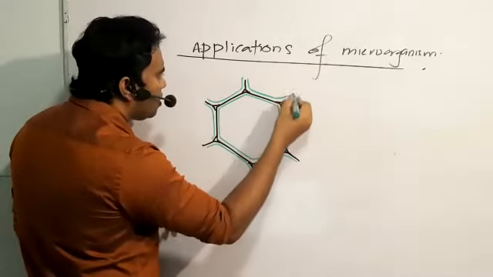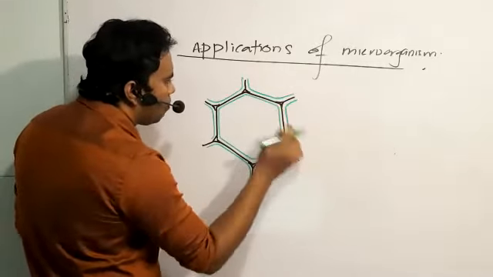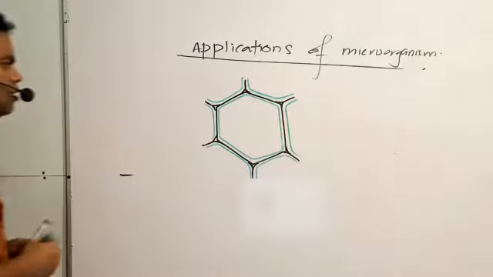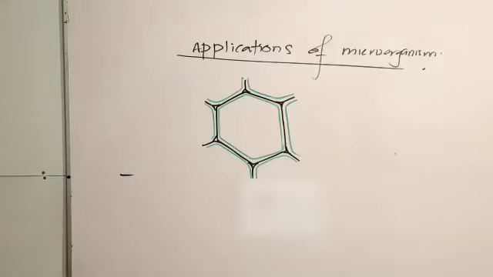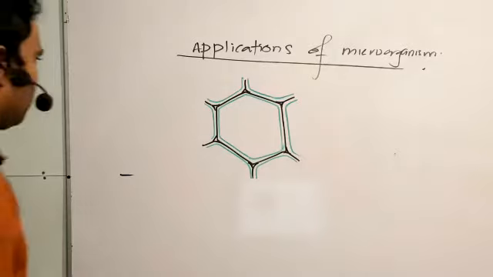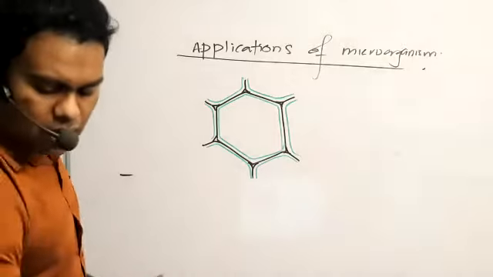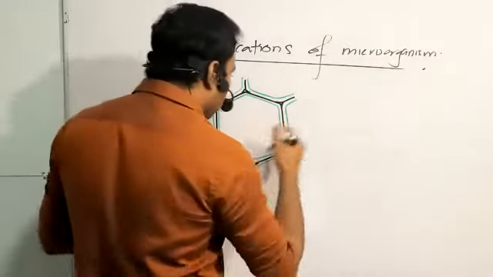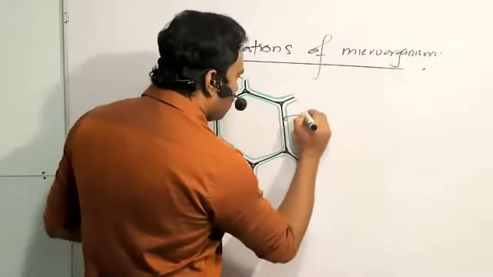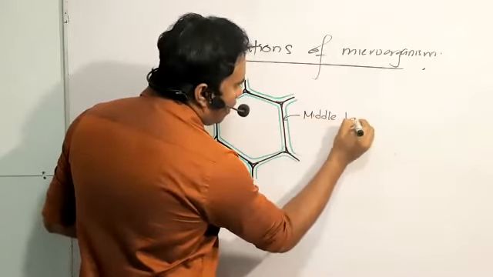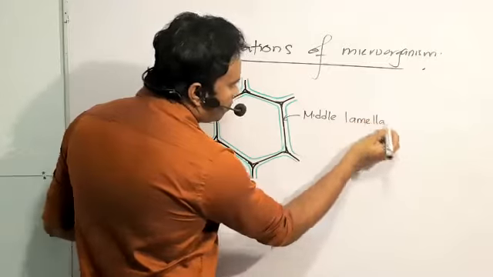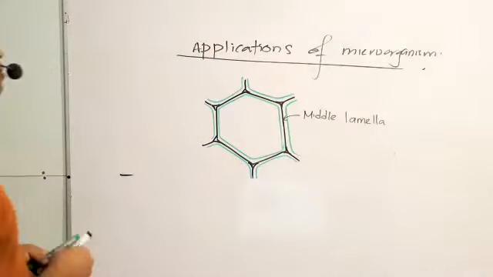Then what's this black color one? So this is known as middle lamella. Middle lamella here. This is known as middle lamella. It has been made up of